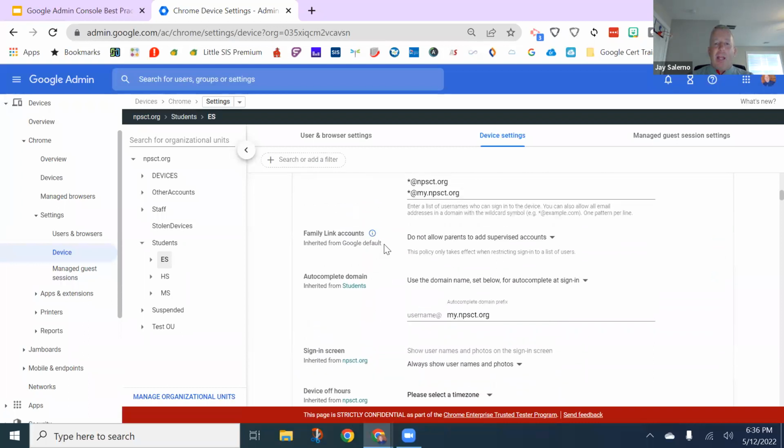Another thing that is possible is Family Link accounts. One of the new features within, I would say, the last 18 months is you can have a Family Link account. So a family member can link in and then add a supervision account. We haven't really experimented with it enough, but we want to make sure that it's off right now until we